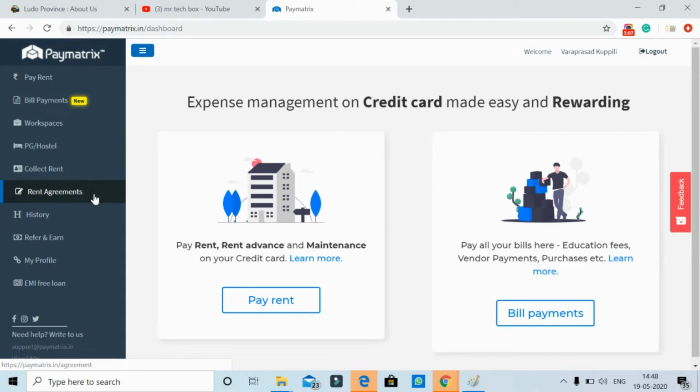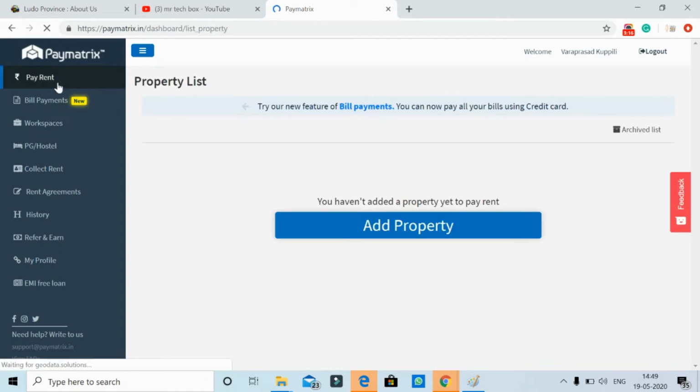Coming to the pay rent option, the first thing is that you need to link your address for this particular facility. You need to provide all your address and add it as a property, or else, if you don't want to add a property, you can go with the direct bill payment process. The bill payment process and pay rent have the same payment method, which means the same charges, the same payment process, and the same turnaround time for settlement. Presently I'm going with the bill payment because adding a property will take some time, so I'll go directly with it.